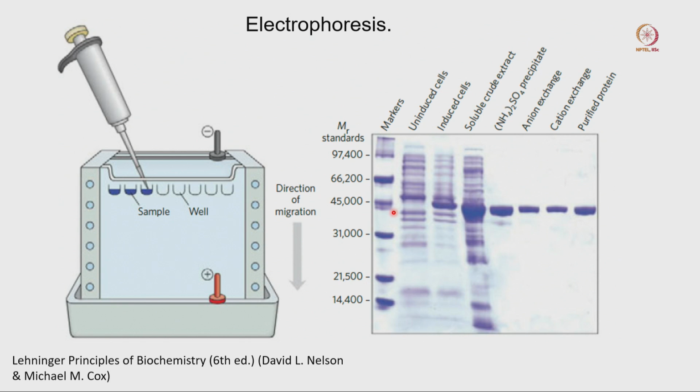Now, based on the literature and our other experimental studies, you know that your protein should come at 45 kilodalton, and from this marker, when you are getting such a clean band, that gives you the confidence that you have purified your protein, this is your required protein, and you can go for further study.